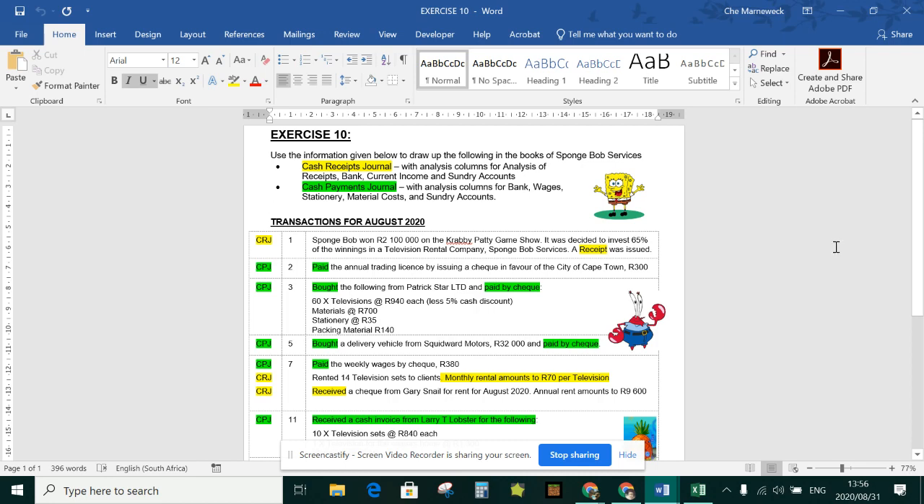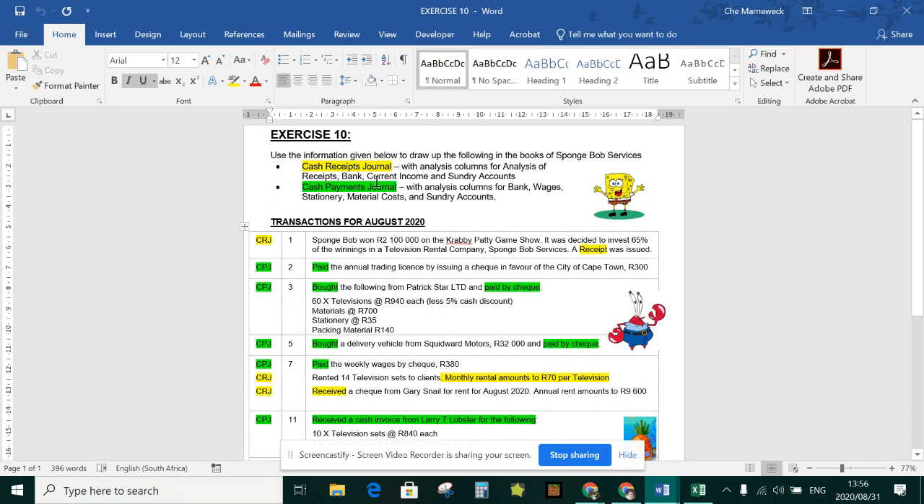This is exercise 10 and it's the second video. In video 1, we looked at sorting out the transactions into which journal we would record them in. And in this video, we're going to be looking at all of the yellow transactions. So all the transactions that have to do with the business receiving money, we record them in the cash receipts